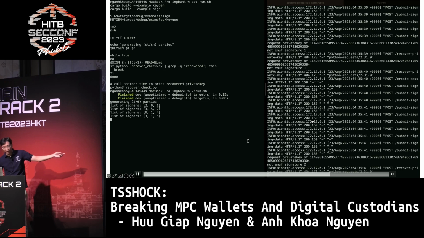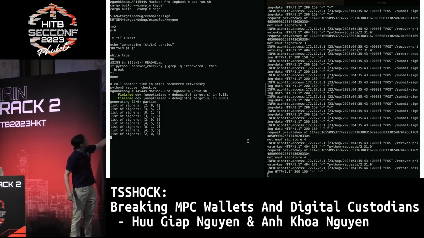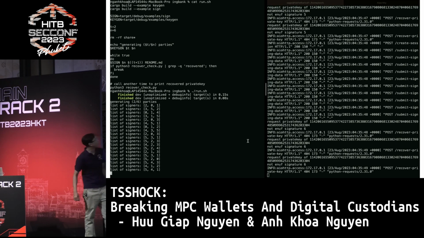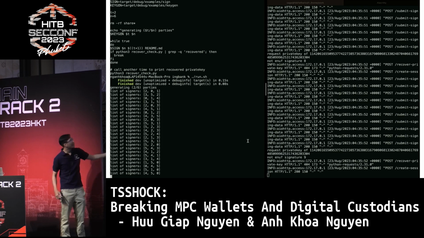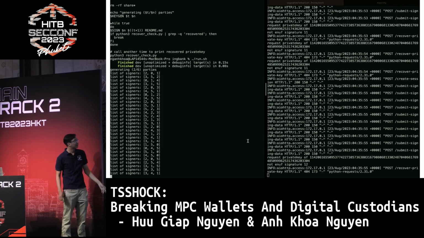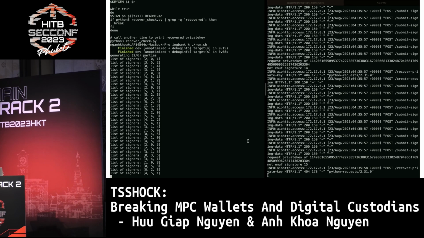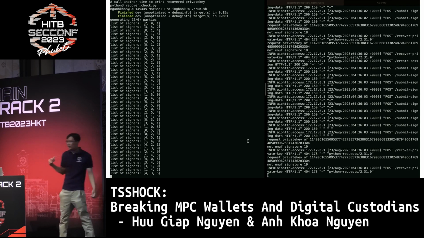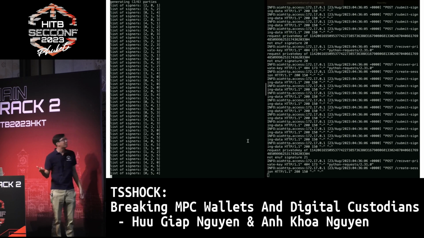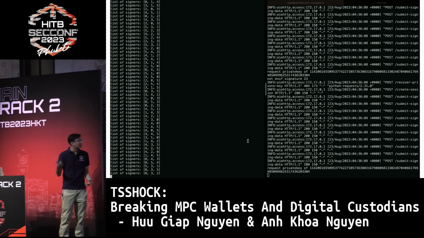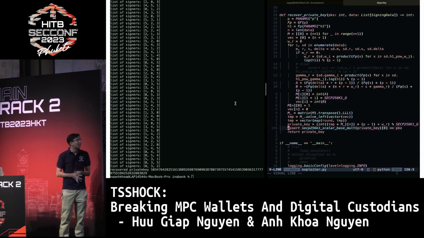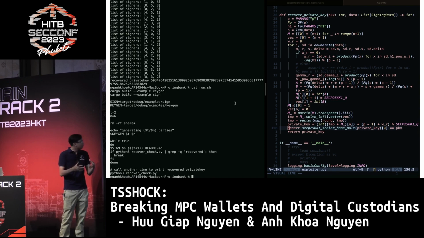Right now you can see we just randomly sign with a list of signers here, and we can inject the values, and we just wait until we find enough signatures. You see, we do not have enough signatures yet, because in this POC, we have e at only 16 bits. Because of that small size, we have to sign more to collect more values. But when we have enough of them, we can recover the private key.